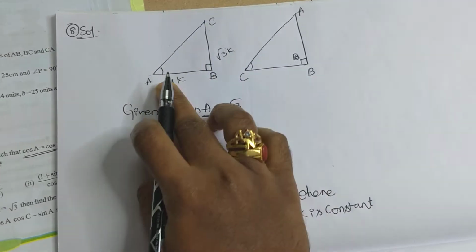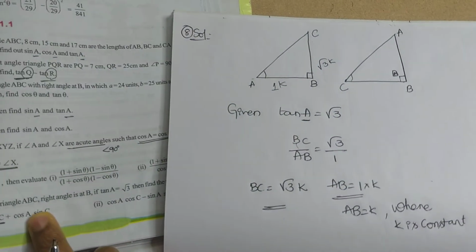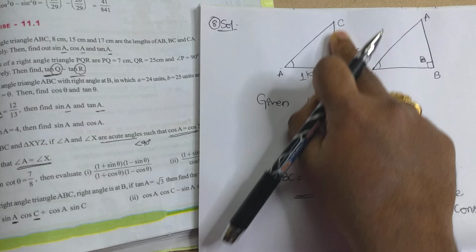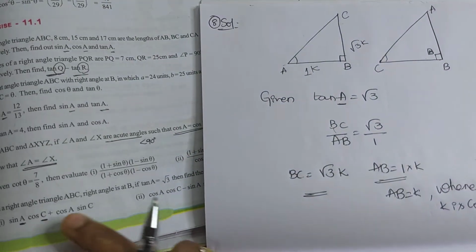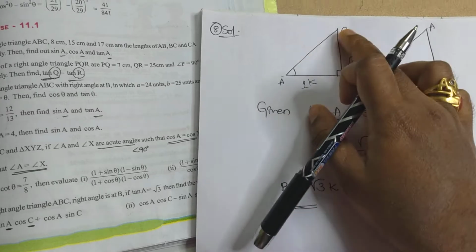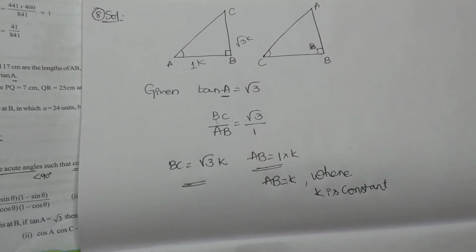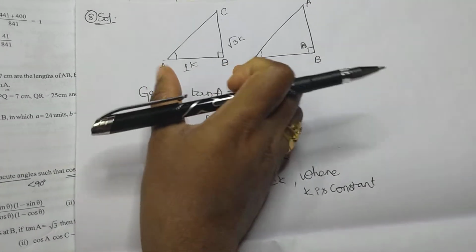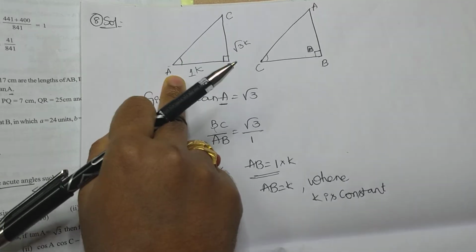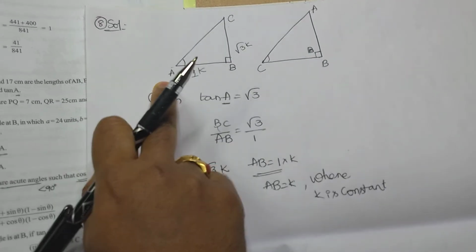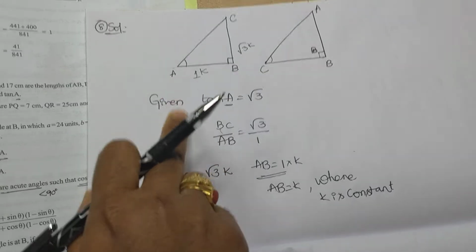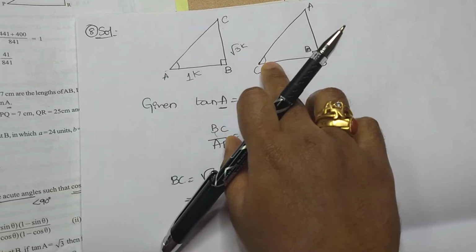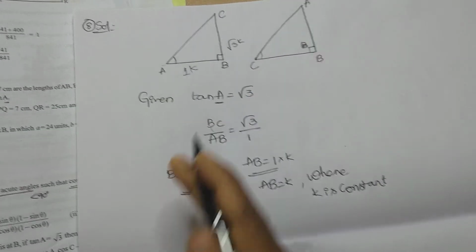Okay, so we have to find the terms of sin A and cos A. It means sin A value is what? Opposite side by hypotenuse. In the same way cos A value is what? Adjacent side by hypotenuse. Correct? So do we know hypotenuse AC here? No. See, I am just solving for the first triangle in which angle A is taken as reference. For that I am going to find sin A and cos A values. After that, let's move on to the triangle in which angle C is taken as reference. First, the angle A part let's do.